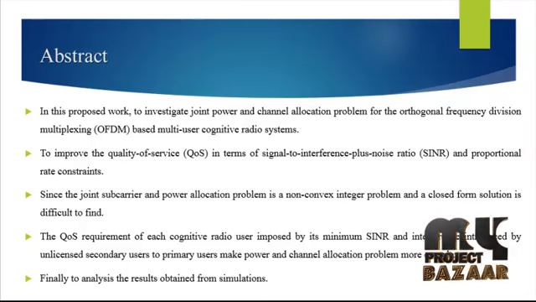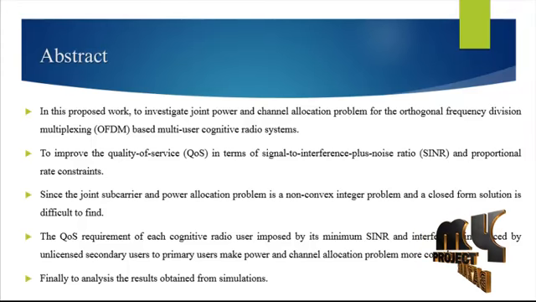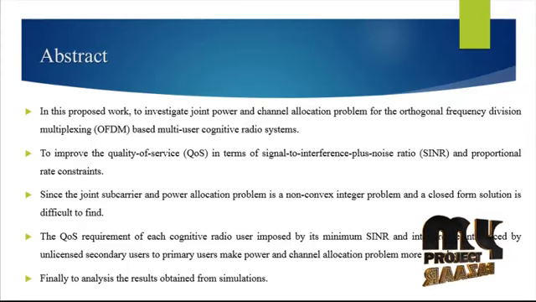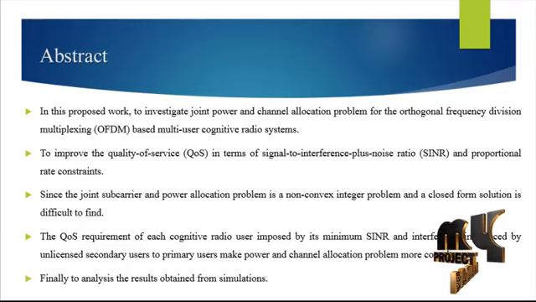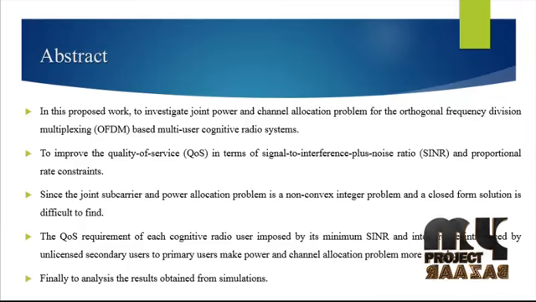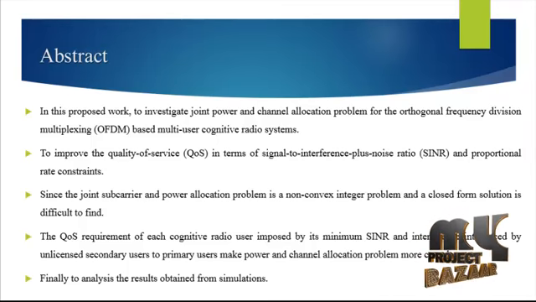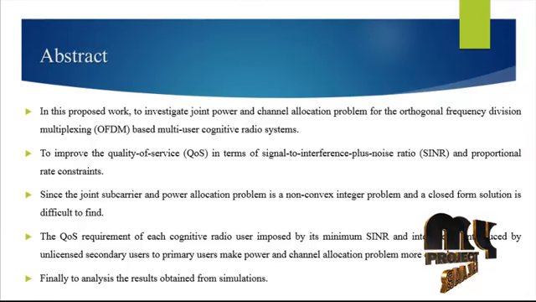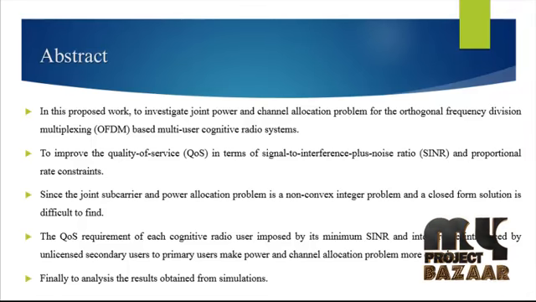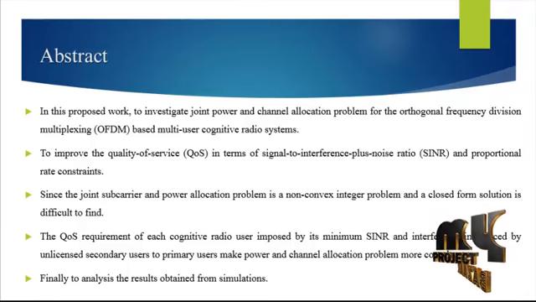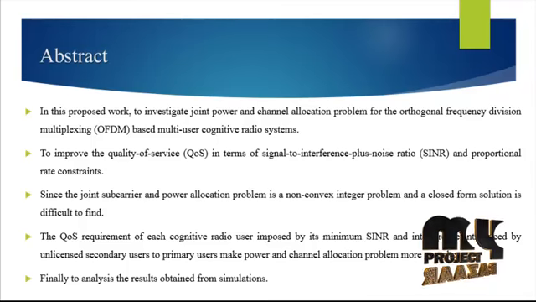So optimal spectrum access using cognitive radio technology is an emerging concept for efficient utilization of the radio frequency spectrum, by allowing unlicensed secondary users to access the licensed spectrum without causing harmful interference to the licensed primary users. In dynamic spectrum access, secondary users are required to either sense a channel and identify the idle bands, or search for them in a geolocation database to access the licensed band.